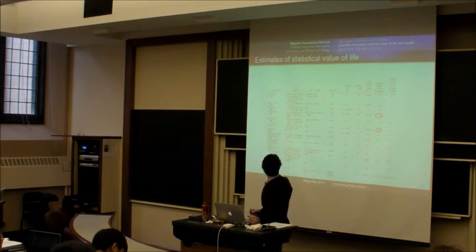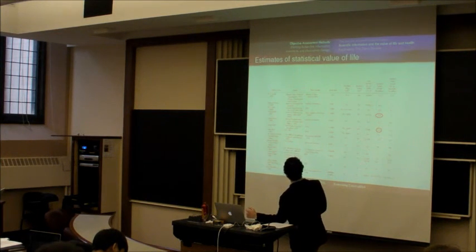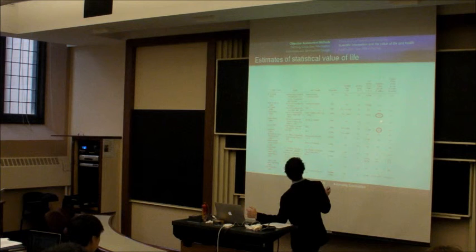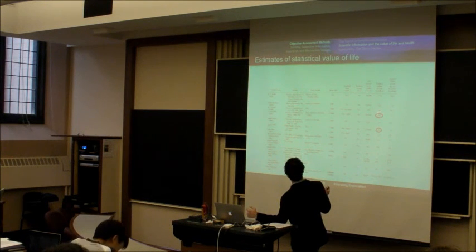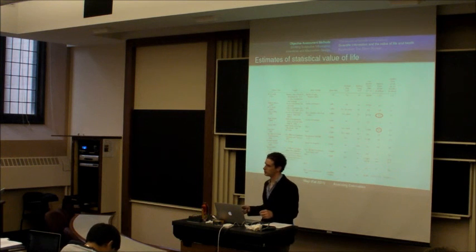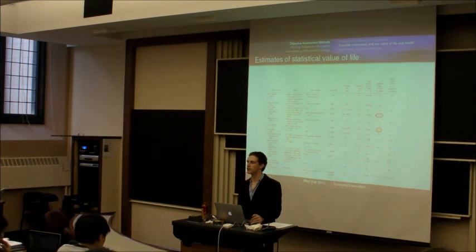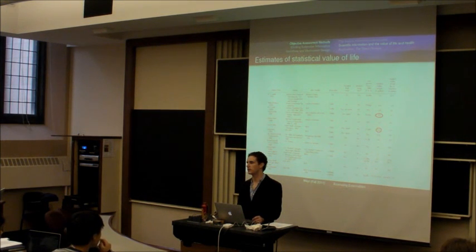Okay, so I don't know if you can really see these numbers, probably not very well, but this is a giant list of studies that have been done, and probably the two most reliable numbers come from this Viscusi paper from the late 70s and this other Viscusi paper from the early 80s, and both of them have 4.1 and 6.5. Those were both based on choosing different occupations. The estimates based on people's choices of cars are quite similar, so those all seem to agree on a number somewhere in the range of $5 to $6 million for a median person in the United States. It's probably a little bit higher now because wages have gone up, so my guess is it would probably now be